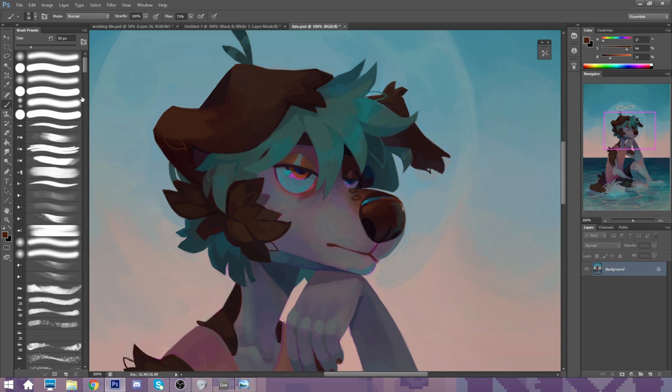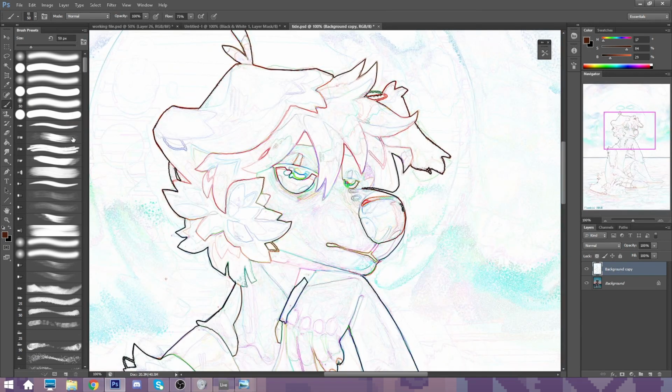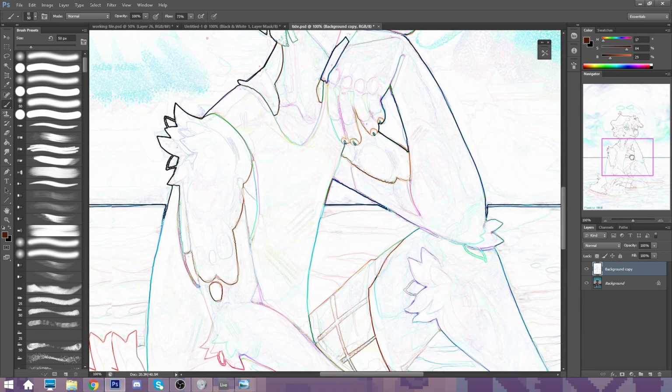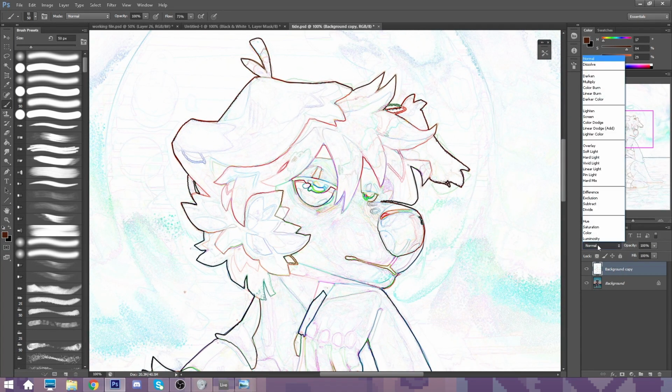And another one that I recently found out is Find Edges. And for that you need to make a new layer. So duplicate layer, okay, and go to Filter, Stylize, Find Edges, and it makes these really ugly edges, whatever, so edgy, and you set the layer to Color Burn